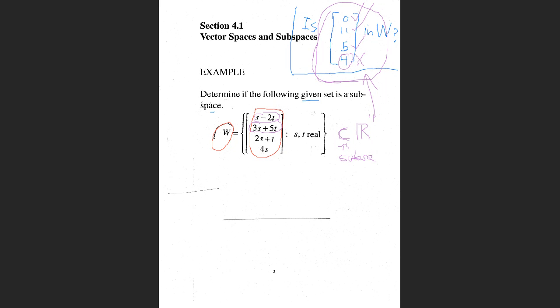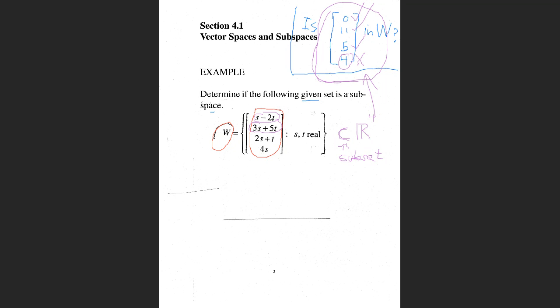Rather than use the three conditions to formally prove that space W is closed under vector addition and multiplication by a scalar, and that the zero vector is in space W,